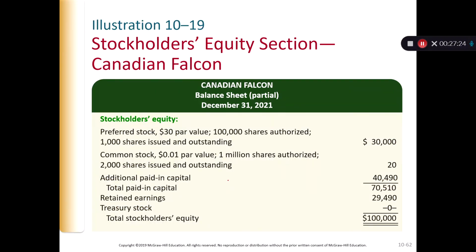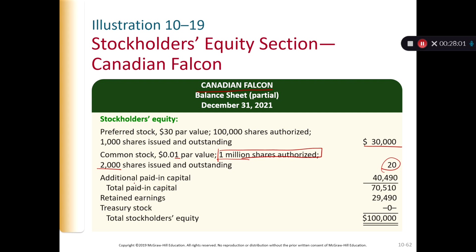Okay, so let's look at another company, the Canadian Falcons balance sheet. This company looks a little bit more normal. They have preferred stock for $30,000 issued above par, and they also have common stock at 1 cent par value. They have 1 million shares authorized, and they issued 2,000 shares, so that's going to be $20 at par value. And then the additional paid-in capital, adding the preferred paid-in capital and the common paid-in capital,